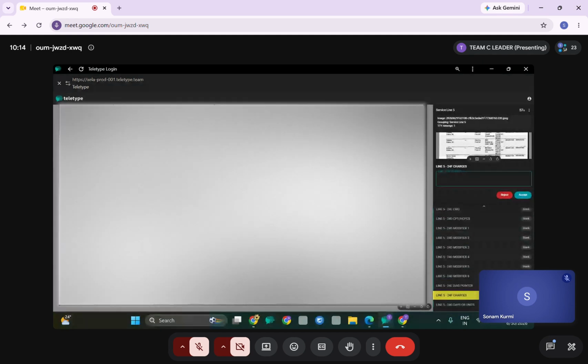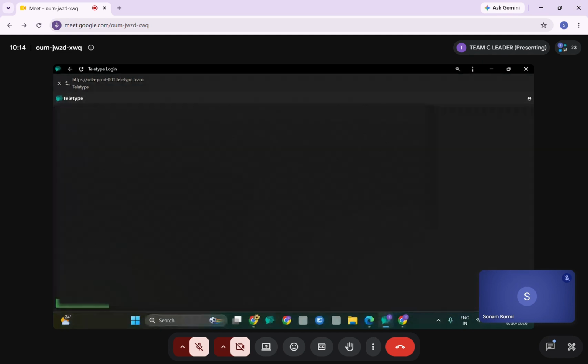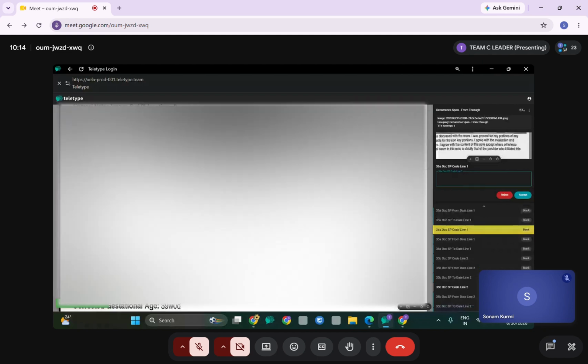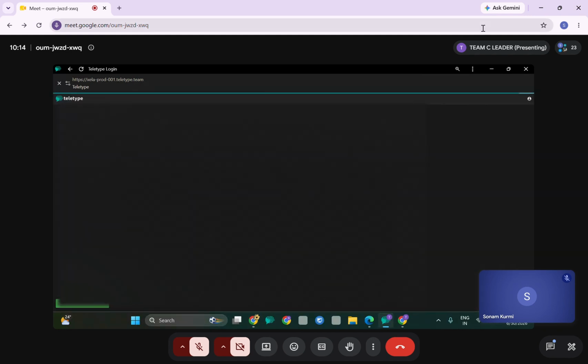So line 5, this is also a reject form, we will reject it. Actually there is a shortcut key for reject, that is Control Shift and Enter. That is what I'm doing. Next to the timer you can see three dots, you can click, right? So you can reject the entire form like that.